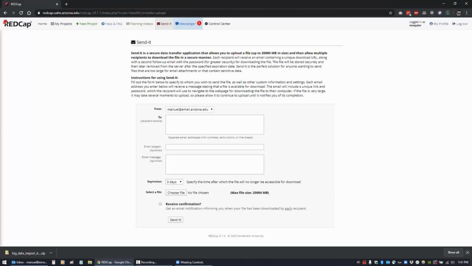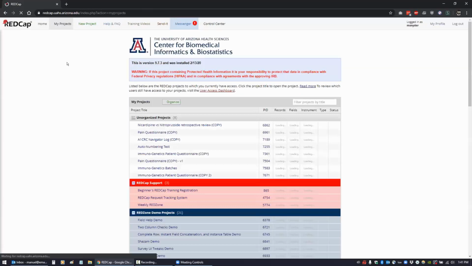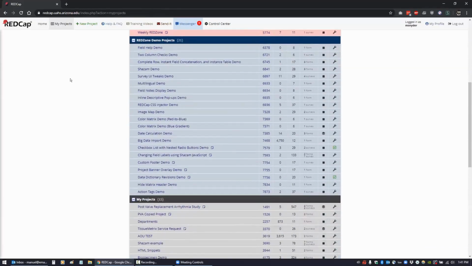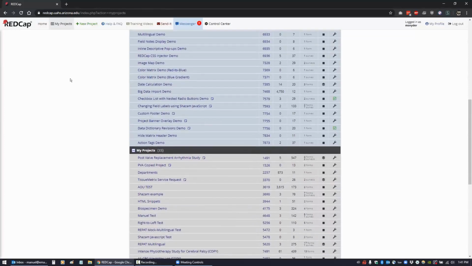So the next thing I want to talk about is action tags. Now we've talked about action tags quite a bit, and I'm sure a lot of you who are on the call know how to use action tags, but I felt like it was time for us to have a structured, organized discussion with action tags, because I'd like to go through the ones that are standard with REDCap and